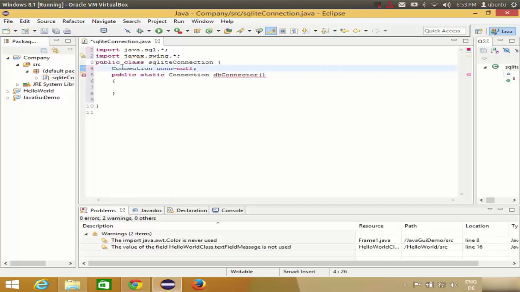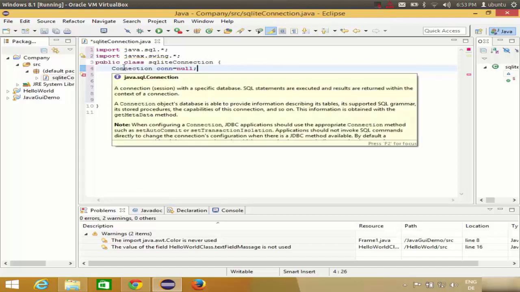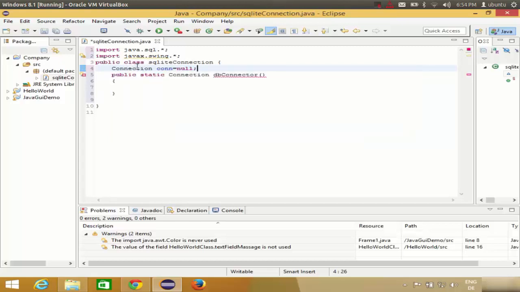And so this connection is a part of your java.sql class. You see, when you hover over this, this is a part of your java.sql.Connection class, right? That's why I have used this. And this method will return the connection. And first of all, in the last video, I've shown you how to create a try catch block. So just make a quick try catch block,